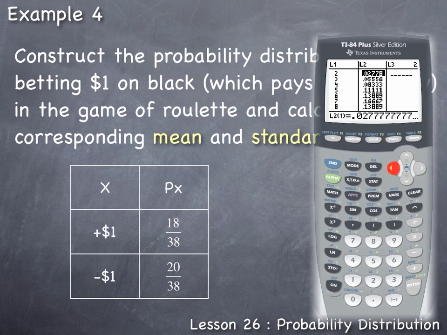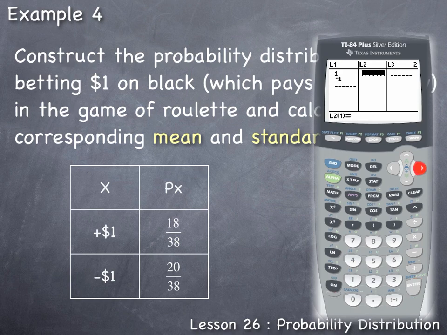Now we have some old data in List 1 and List 2. I'm going to arrow up to the list name, press Clear, Enter, to clear out old data to make room for new data. In List 1, we'll enter the values of the random variable x, which was a positive 1, enter, and a negative 1. Negative is the button that has the minus sign in parentheses just next to the enter. The subtraction sign on the far right represents subtraction, and it's with the operation buttons. So press the negative 1, enter,